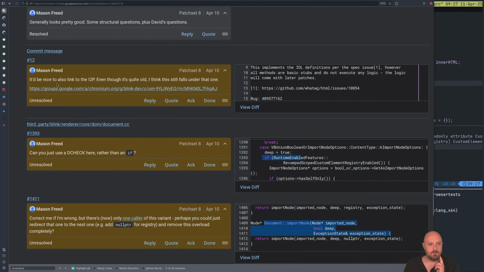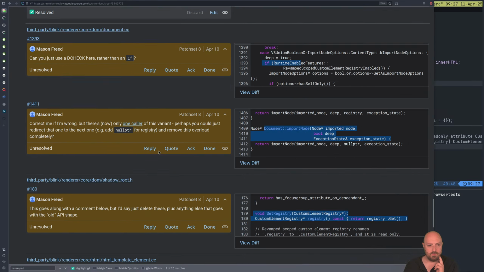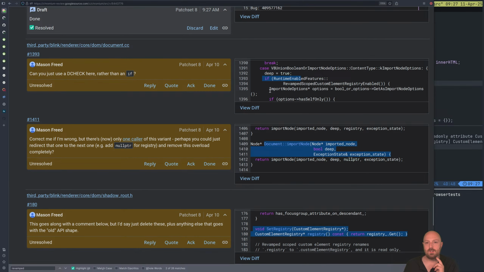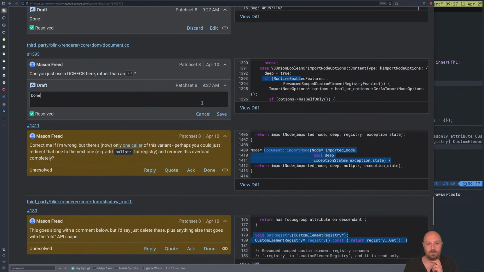Generally looks good. Some structural questions. Nice to link to the ITP. We done. Can we add a DCHECK here rather than an if? So if kImportNodeOptionsDeep equals true. Yeah. I'm not sure we can add a DCHECK here because